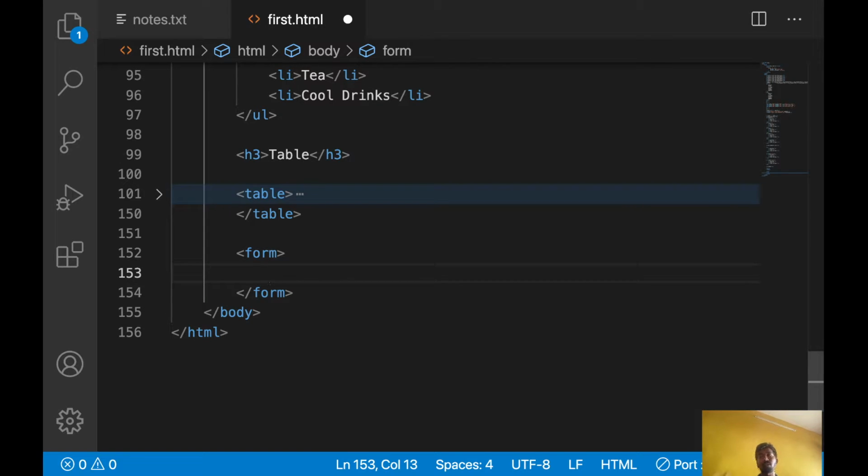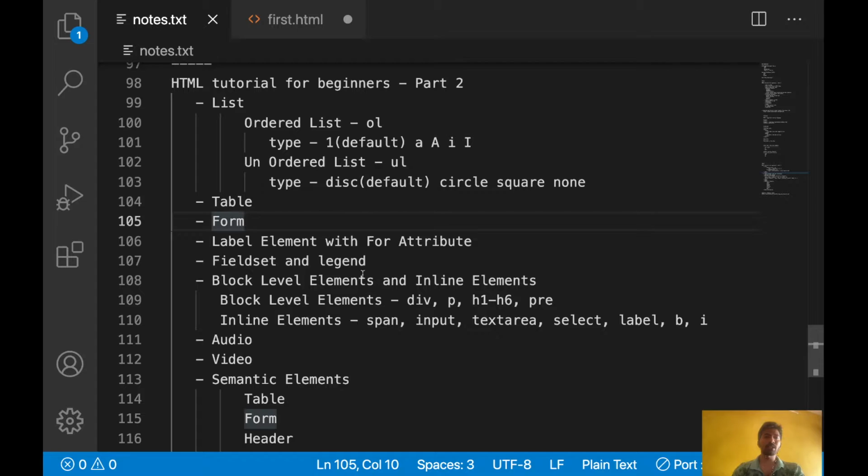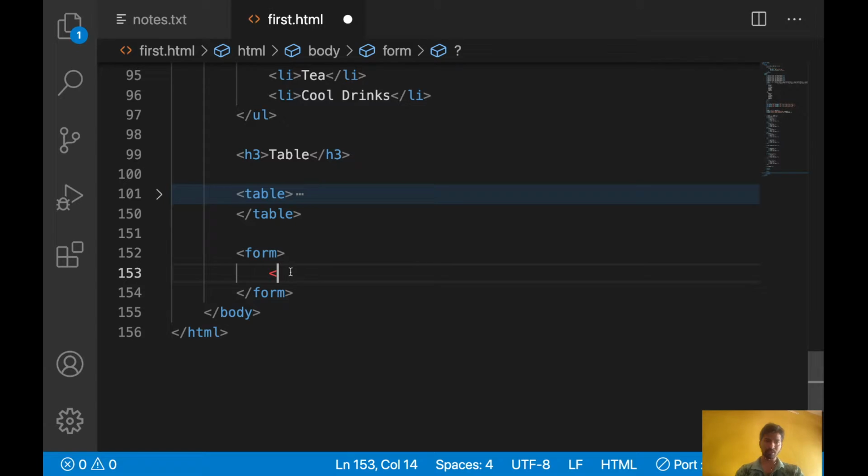Inside form, let's say, forms we will use for some registration form or login form kind of things. Let's say I want to give some username colon, some input I want to display, then I can use input type equal to text. So input we will write like this, input element. Let's save this one first.